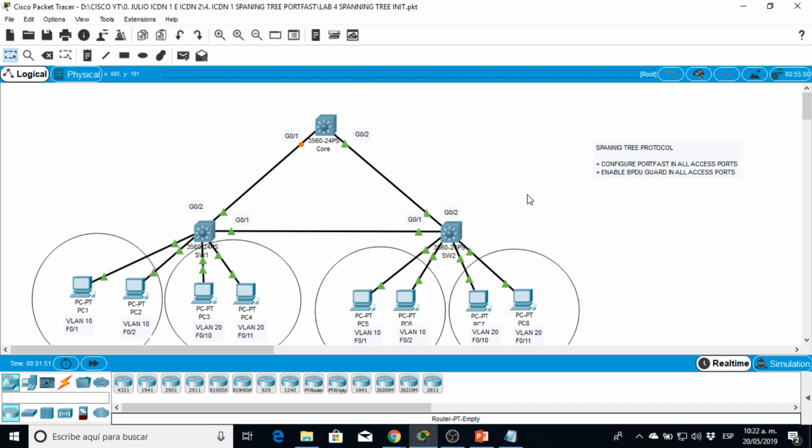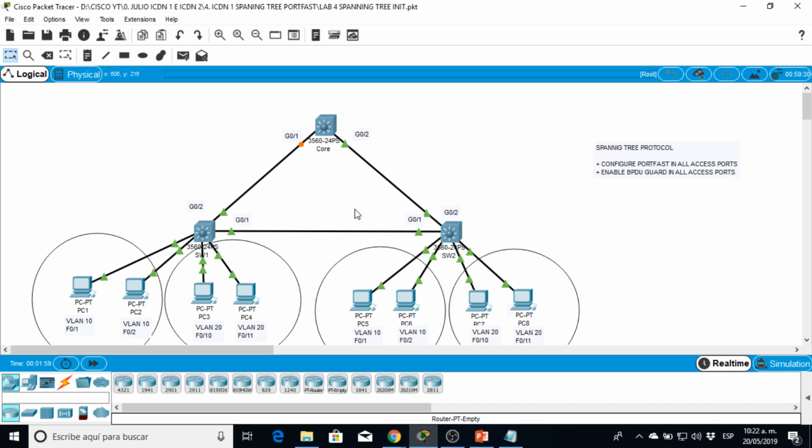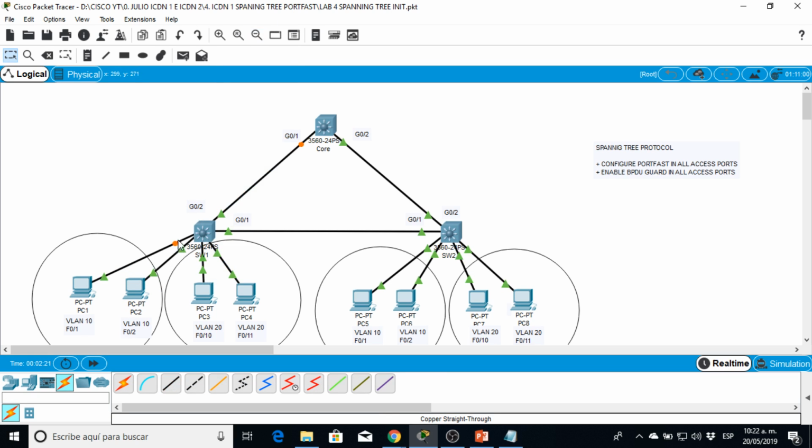Let's start. Here in the topology we have three switches, and as you see, those links are in green, and this link is in orange. Do you know what is the reason why this link is in orange? When I make a connection, it always takes like 15 to 30 seconds. The link is in orange, then it goes through green. The reason is because